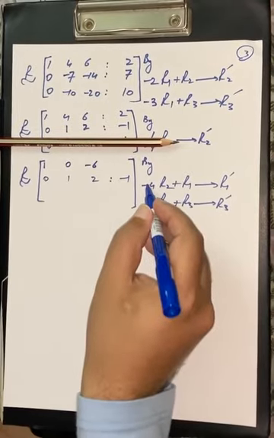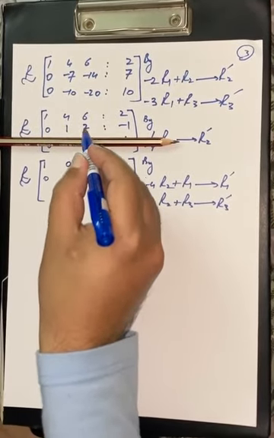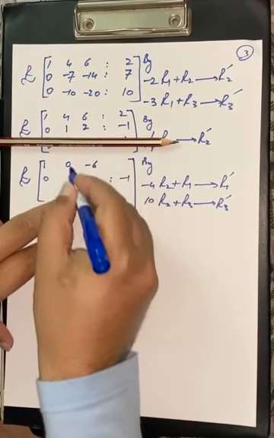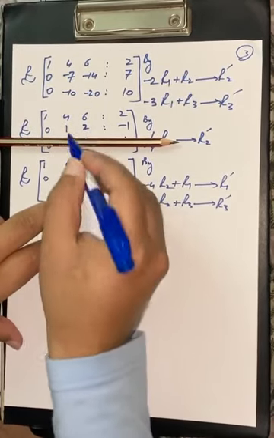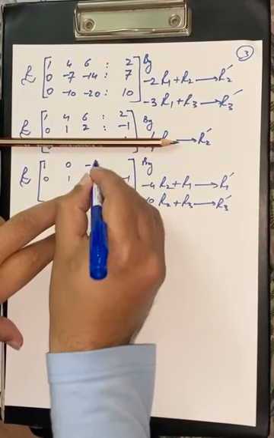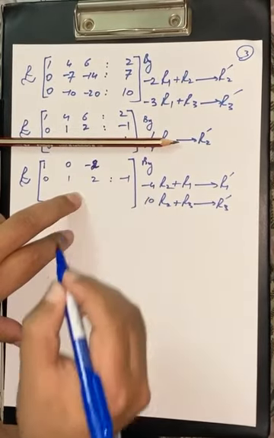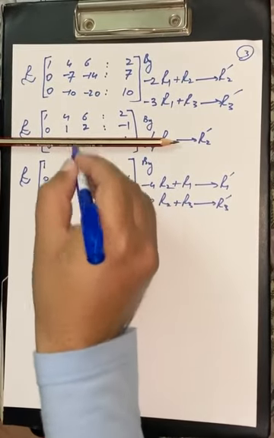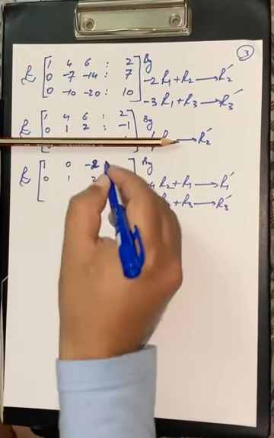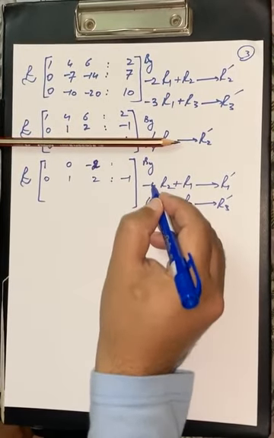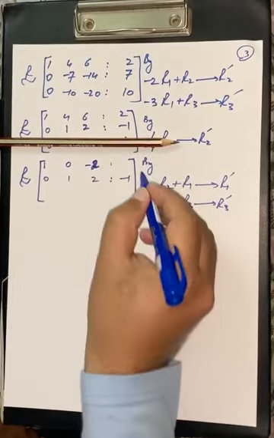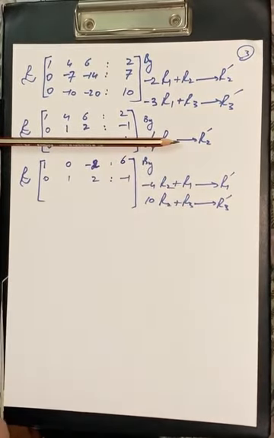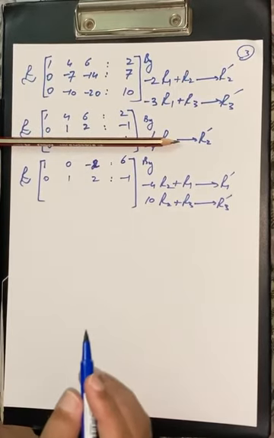Minus 4 plus 4, 0. Minus 8 plus 2, it becomes minus 2. I got this calculation wrong. Minus 8 plus 6, 4 2s are 8, minus 8 plus 6, minus 2. So now it is correct. Next, minus 4 multiply 1 plus 4 plus 2, that gives me plus 6. Now the calculation is correct.